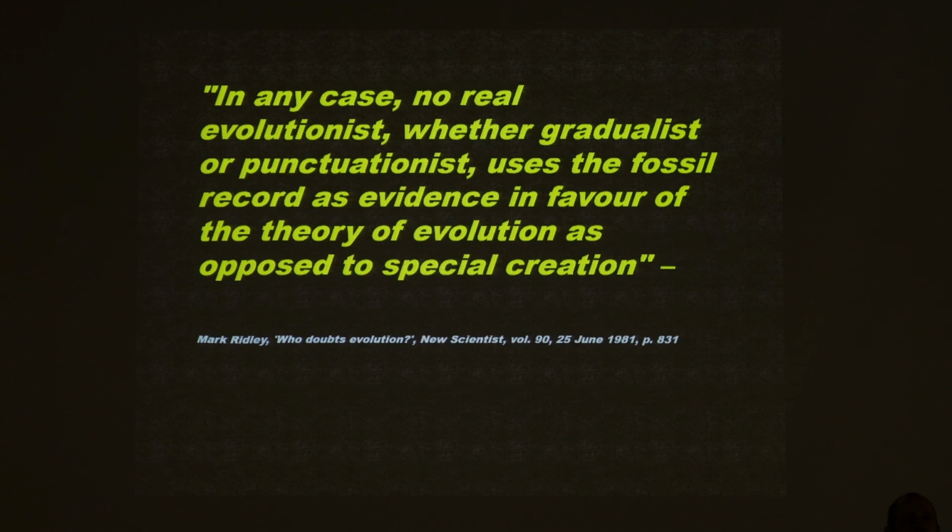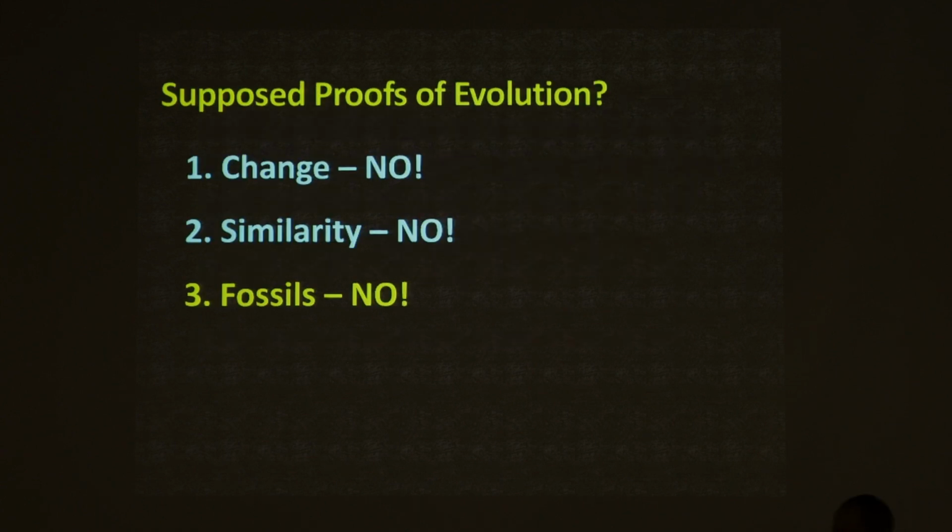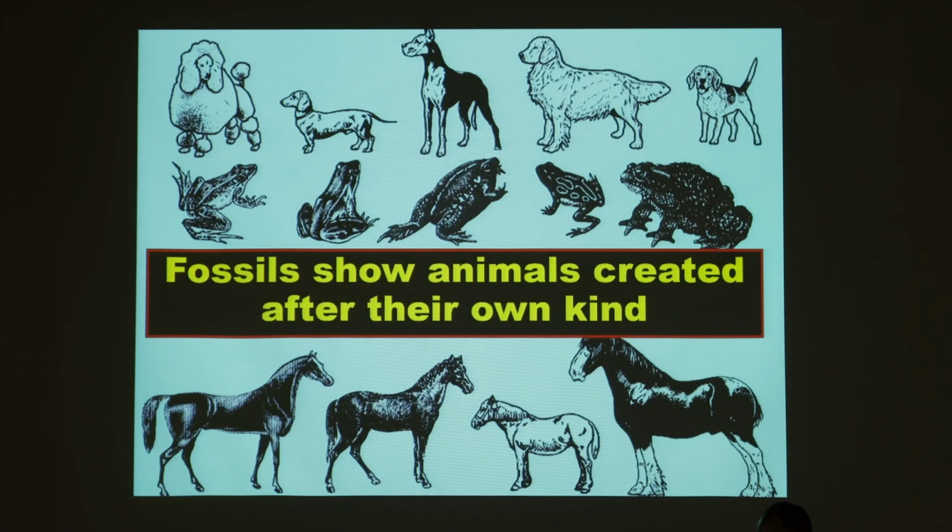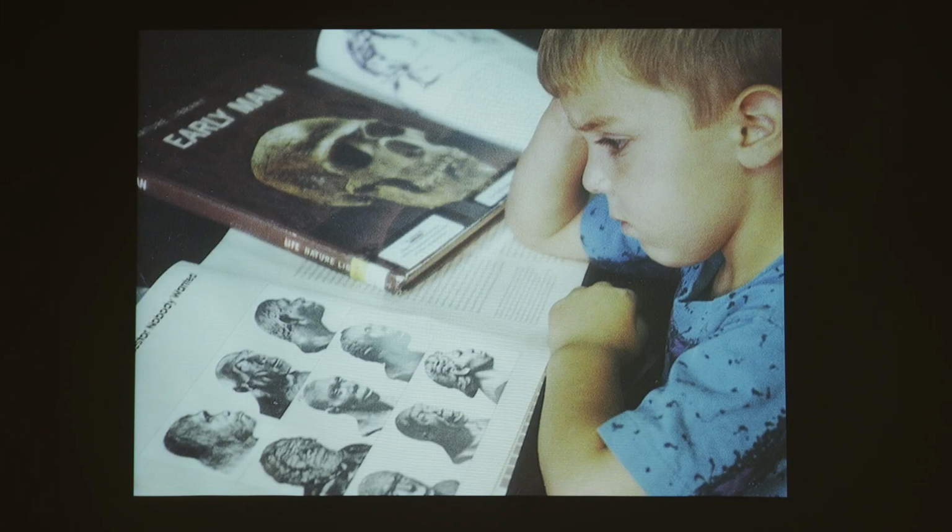Isn't it interesting? Why did he say that? Because the fossil record supports what the Bible says, that animals were created fully formed and reproduce after their own kind, but it does not support evolution, is what he is admitting. So, do fossils prove Darwinian evolution? Not at all. Even evolutionary paleontologists have to admit it. It does not prove evolution. It is actually in conflict with the evolutionary mindset. What fossils do prove is that animals were created after their own kind, and they continue to remain that way over the period of Earth's history.